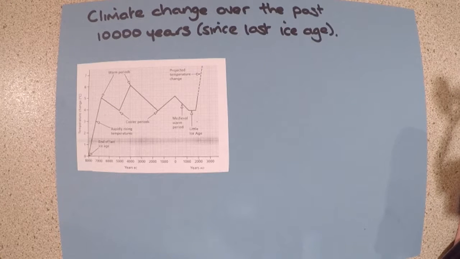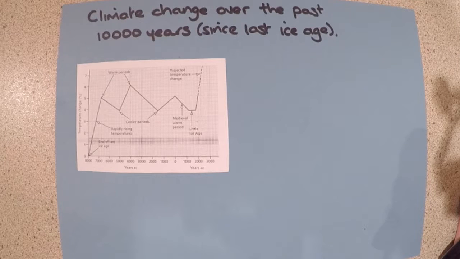Right, this is the challenges for the planet section. The first part of it was the question: how has the world's climate changed since the last ice age, which was, give or take a year or two, approximately 10,000 years ago. The line graph that we've got in front of us here charts the change in temperature over that 10,000 year